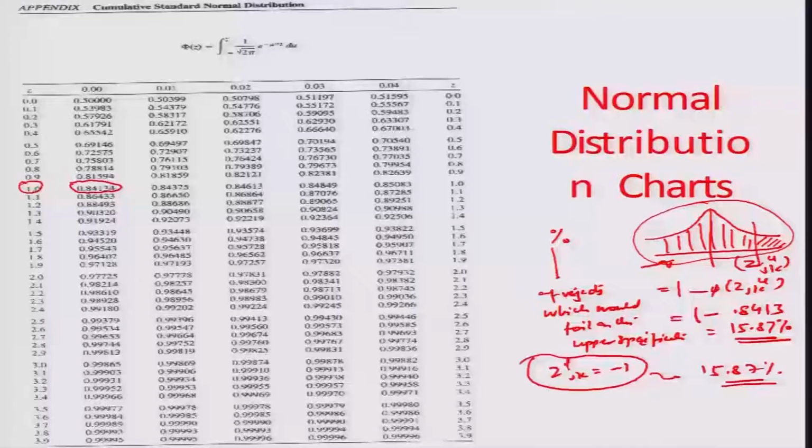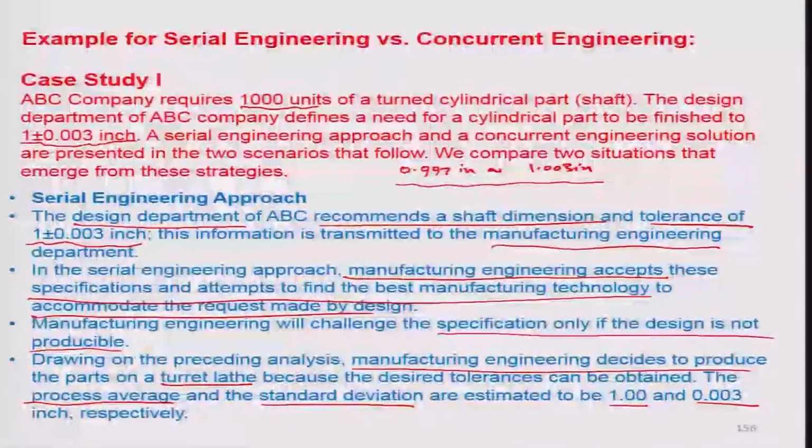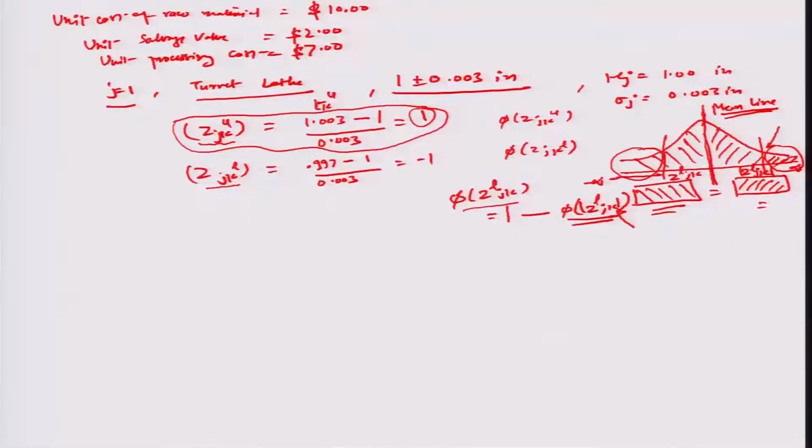So, therefore, the total percentage rejects which would happen should be equal to 15.87 on the rejects because of failing to meet the upper specification, plus 15.87 on the rejects to meet the lower specification. So, around 31.7% of the components are